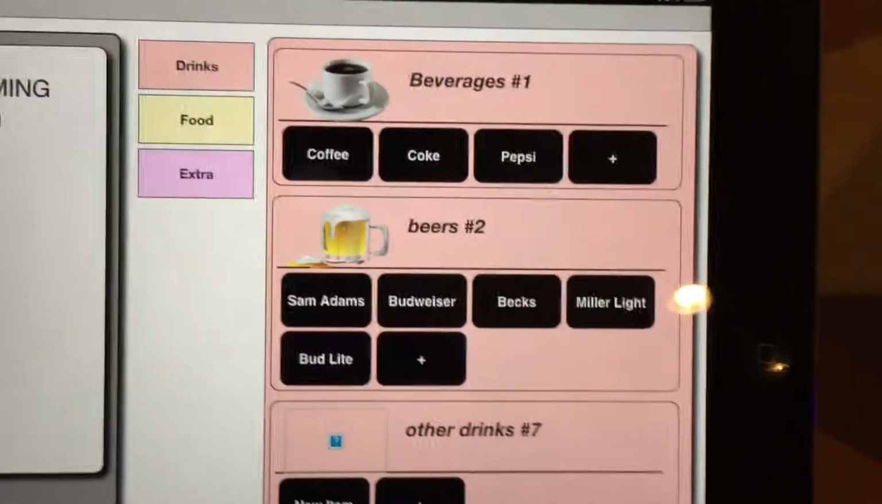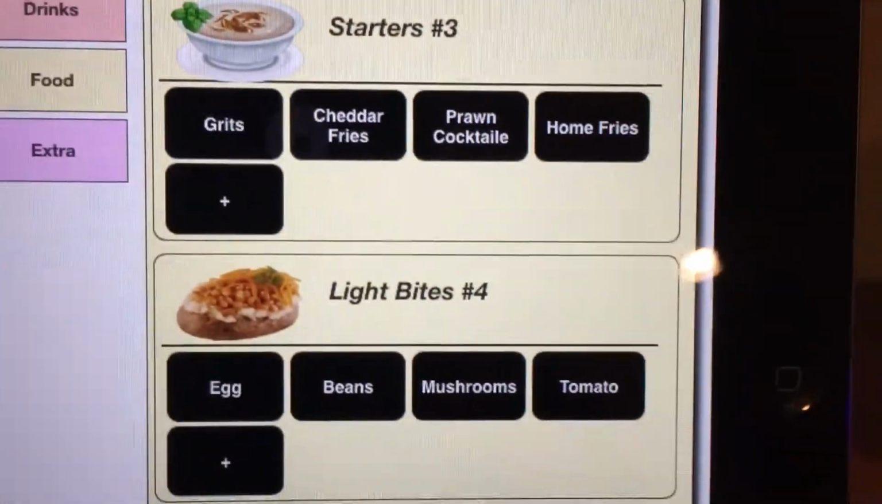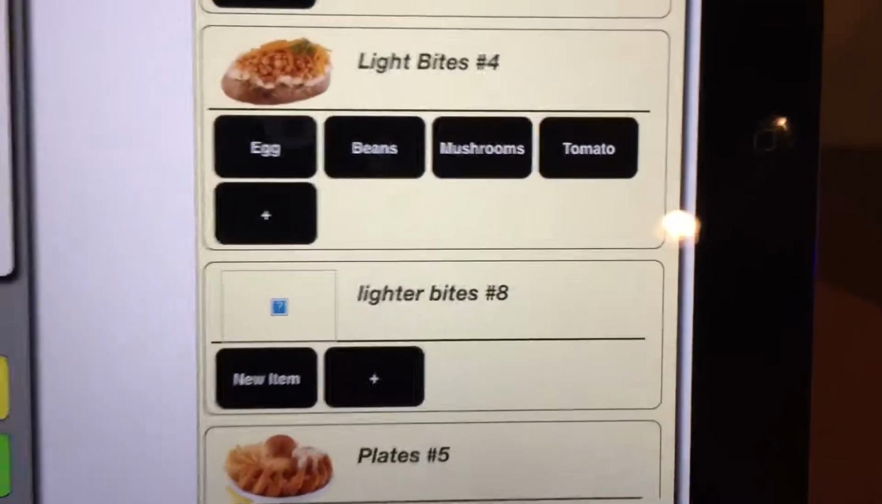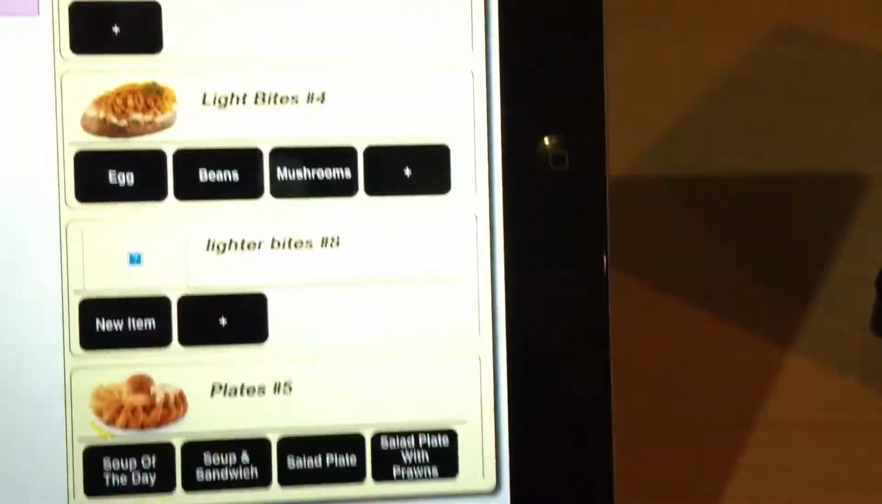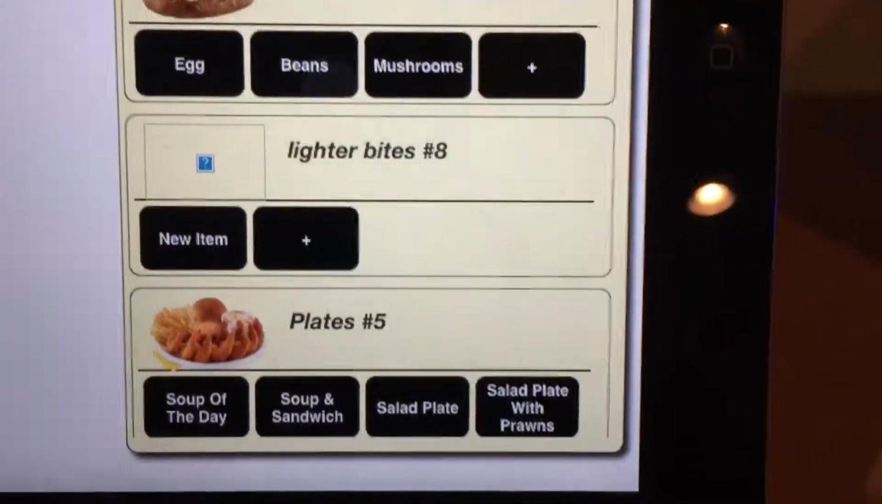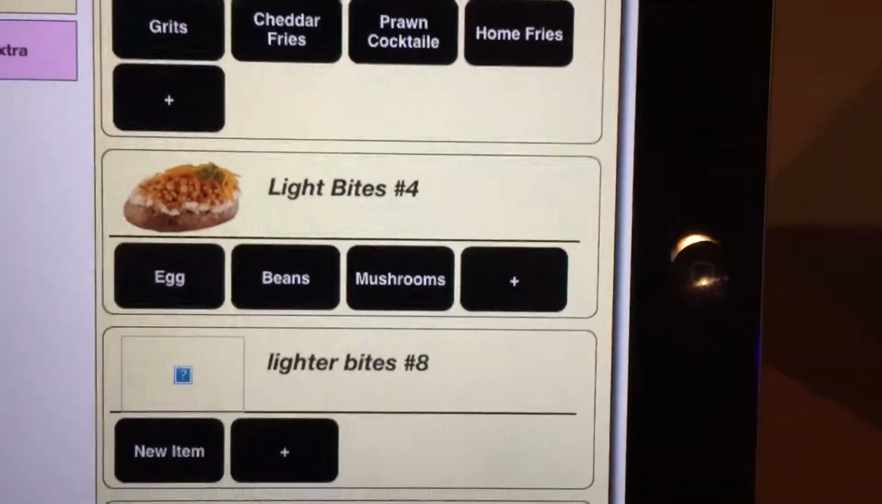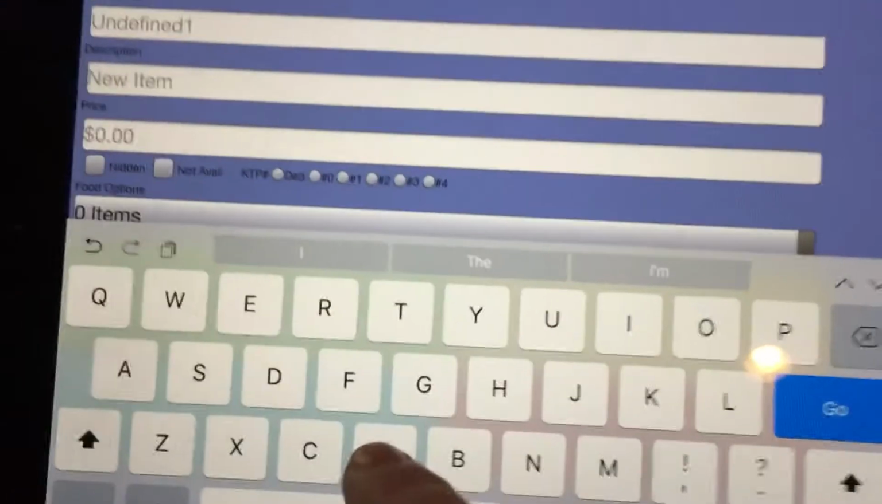And now I'm going to go to my food group instead. And I'm going to go to my light bites, and I'm going to take the tomato off. I don't want that, so I'm going to press delete. Back to food, but this time I'm going to add something new. I think I'm going to add a grilled cheese sandwich, so I'm going to do it in the light bites department. I'm going to press plus, and again I'm just going to tap in there,